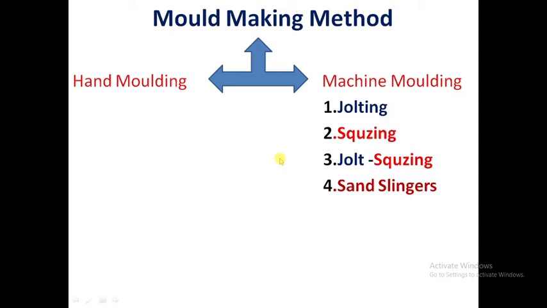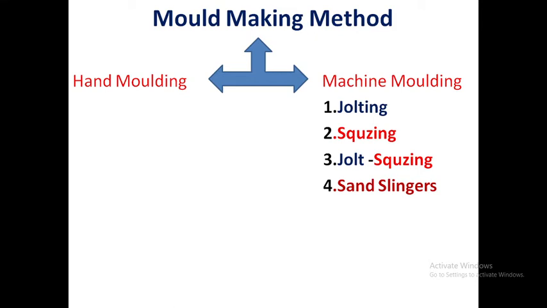Okay. Hello everyone. So till now we have seen the introduction of casting. Then we have seen the terminologies used in casting. After that we have seen the patterns, that is the different types of patterns and the different materials used for the pattern. Also we have seen the allowances, the different types of allowances, and also the different sands used in molding, and the requirements of the sand, that is its ability to permit,